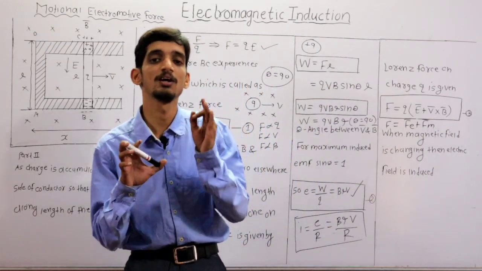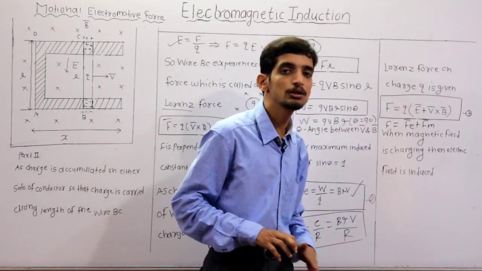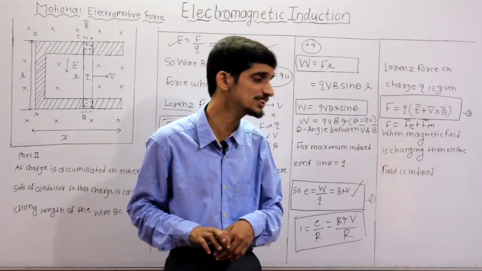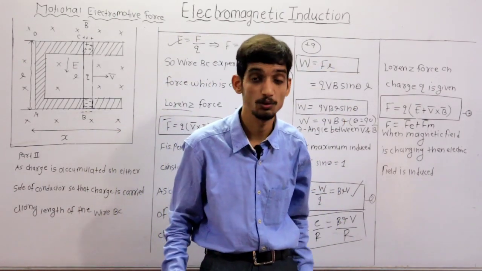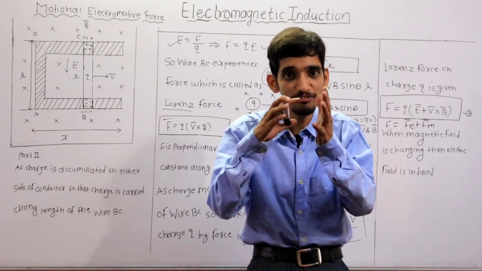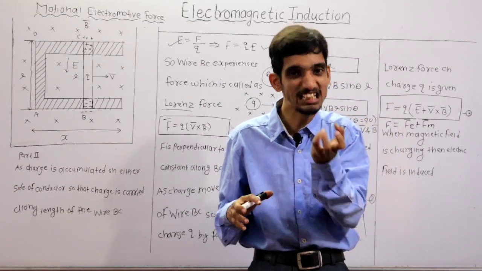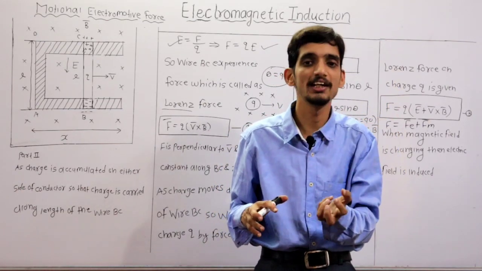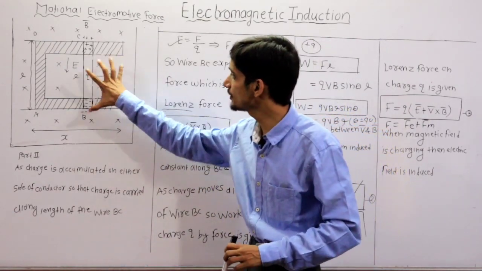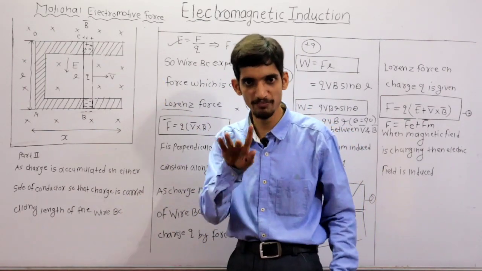So we discussed the Lorentz force here. Clear? Now I am giving the final concluding remarks. When the magnetic field is changing, then an electric field is induced. This is an important concept. A time varying magnetic field will give us an electric field. So initially the electric field is absent, but the magnetic field is present. How? Listen here. Initially the rod was present inside the magnetic field. Magnetic field was present. Was the electric field present?